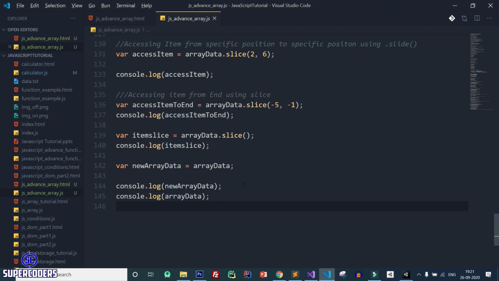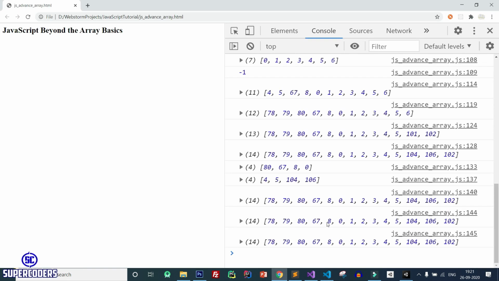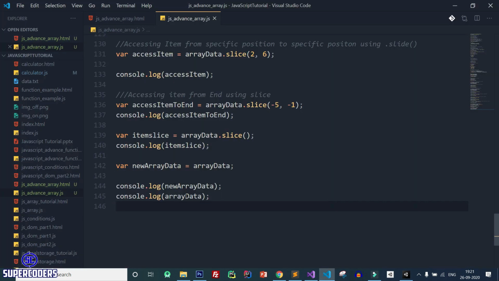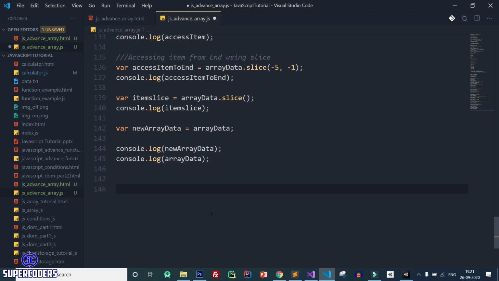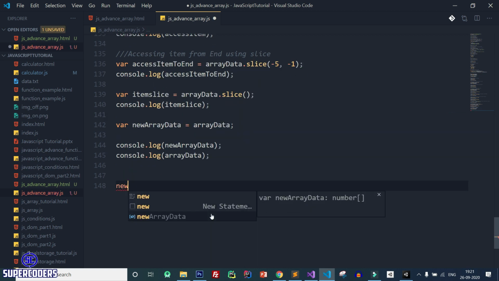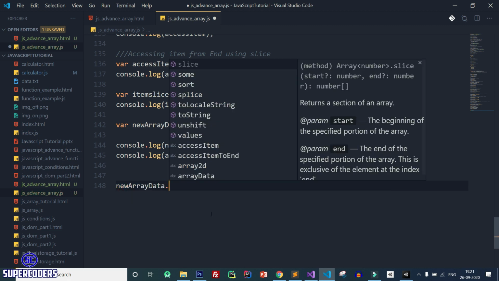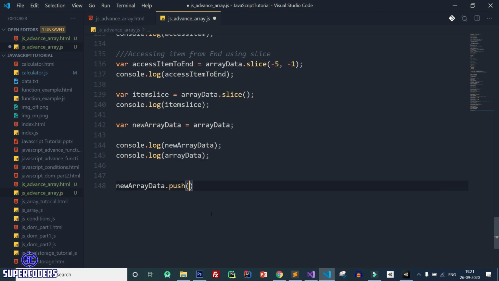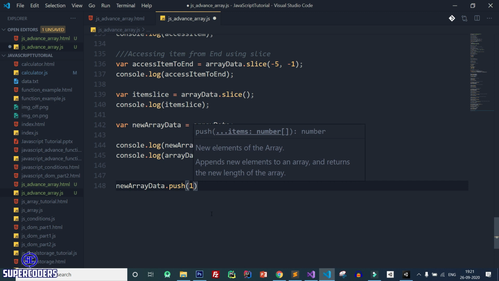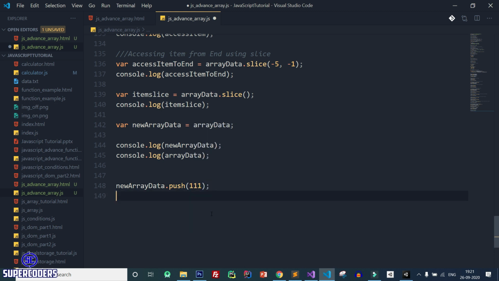Save it, back to Chrome, refresh page, and here you can see this item. But let's see, I want to update this item or this item. Let's see what happens if I update new array data dot push 111. After that, let's print both arrays again.